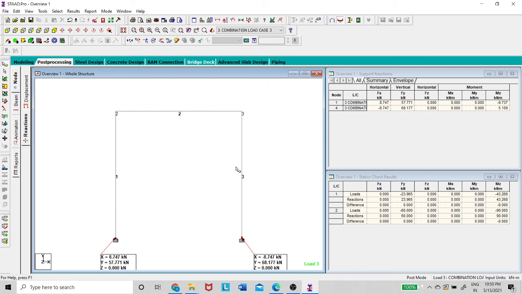Maybe the loading is symmetric, but if you remember, the first member property was given as a square of 0.3 meters, and the second and third are circular. That is the reason you can observe unsymmetrical reactions here.